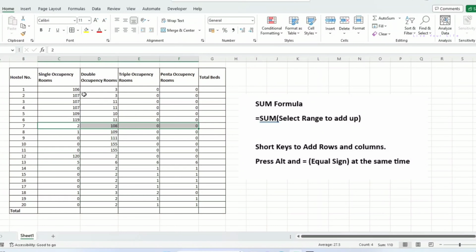Hello everyone. If you are given hundreds of data where you are asked to add up the rows and the columns at the same time, there are two methods where you can easily add up the rows and the columns. The first method is called sum. You can use the sum formula to add up the rows and you can use the same sum formula to